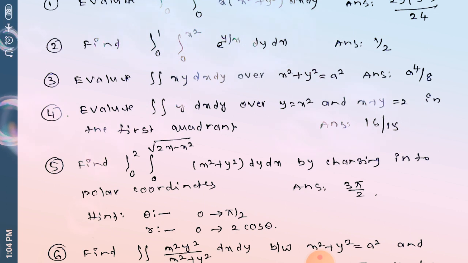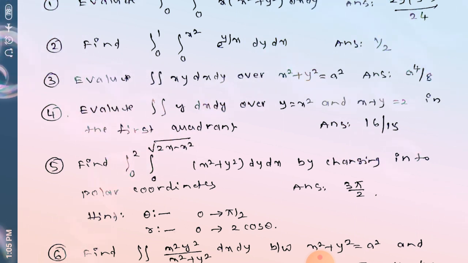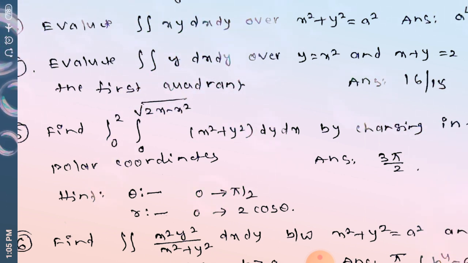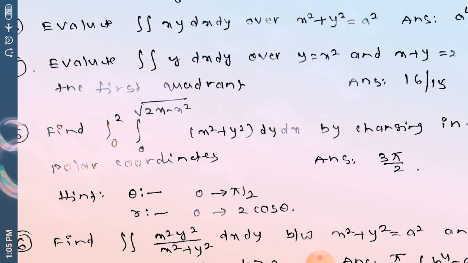Very simple. Lower limits in both the variables 0. You substitute both the lower limits in x equal to r cos theta and y equal to r sin theta, so that you can find out that theta limits are 0 to pi by 2. The next is, in order to get r limits, you use the equation x square plus y square equal to r square. From that, if I substitute both lower limits first, you will get 0, and one lower limit and one upper limit in different combinations.